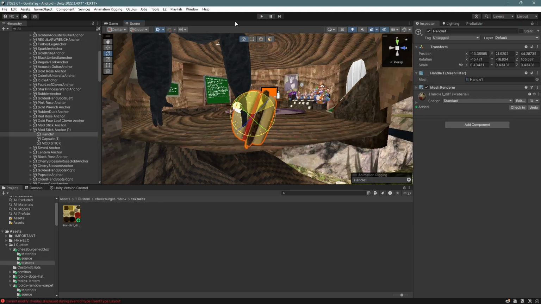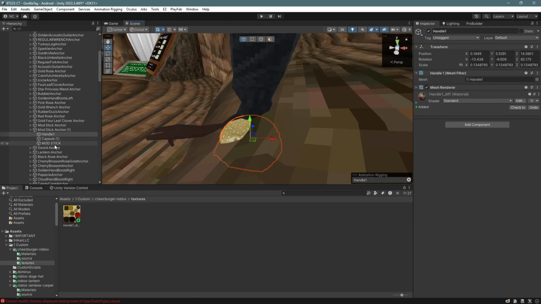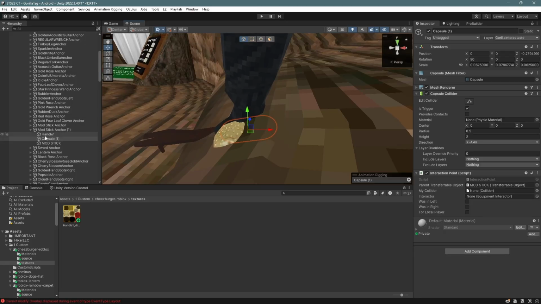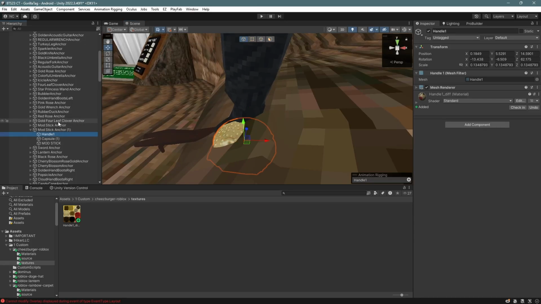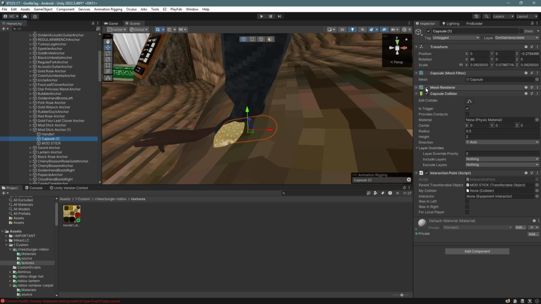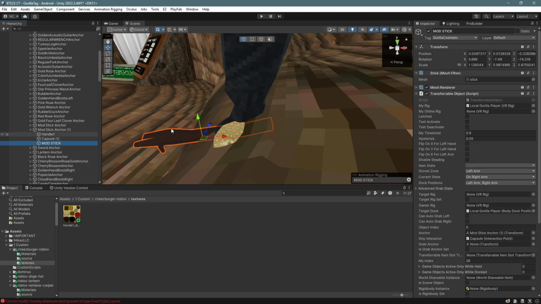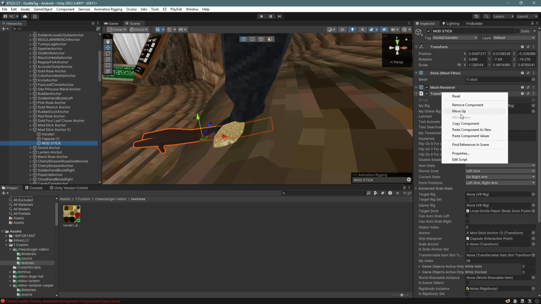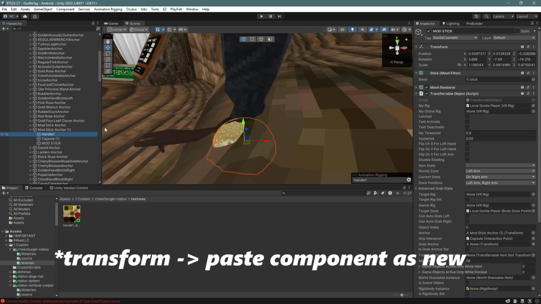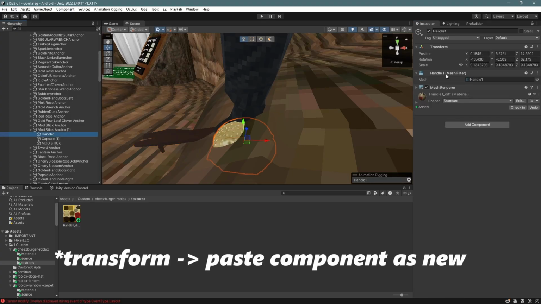Then I have to resize it like that. Okay, once it's aligned with the capsule, that's what you want to do. Then turn off the capsule mesh renderer. Then you want to go to the mod stick, copy this, paste it onto your custom cosmetic,